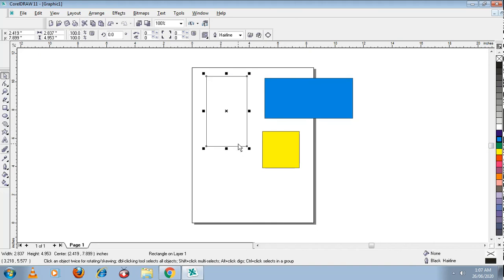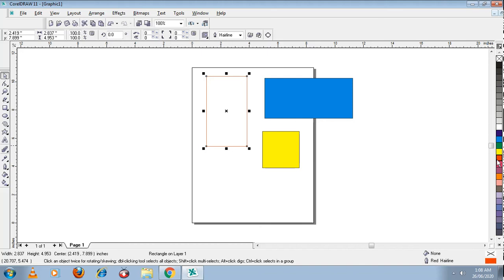First select the object for which you want to change the outline color. After selecting the object, just move your mouse arrow over the color palette. On the color palette, you will have to right click on the color which you want as the outline for that object. Now I am selecting the color red. Red color as an outline. How do I do it? Right click on the red color, so that red color will come in the outline. Am I clear to you all?